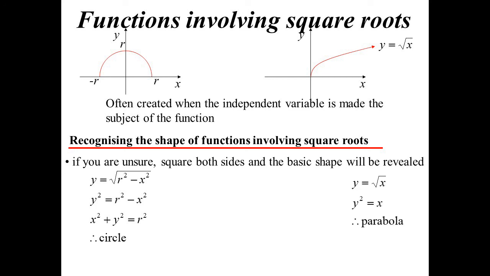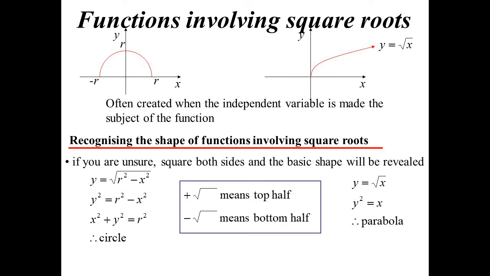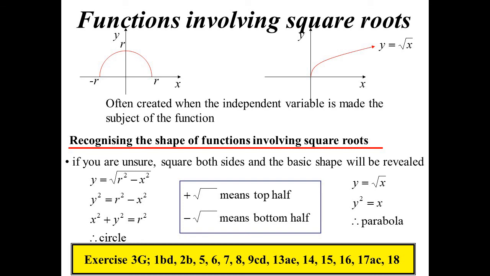Our parabola on its side here, y equals square root of x. I'm not sure, so I'll square it. y squared equals x. That's a parabola on its side. But I'm talking about the top half because it's the positive square root. So that's how you can recognise the shape if you're not sure. Positive square root, as I say, top half. Negative square root, bottom half. Okay, 3g